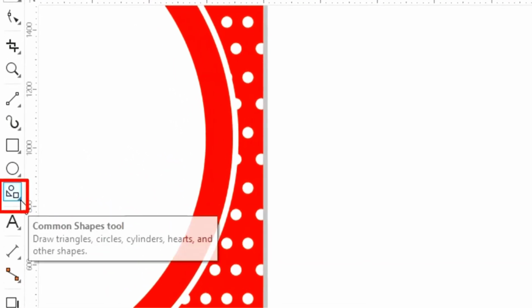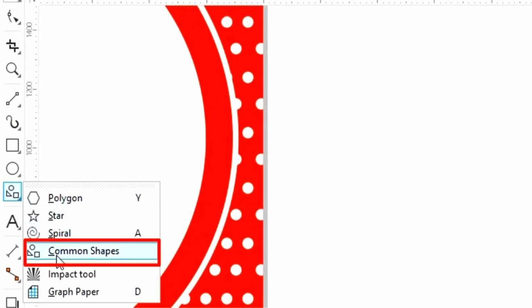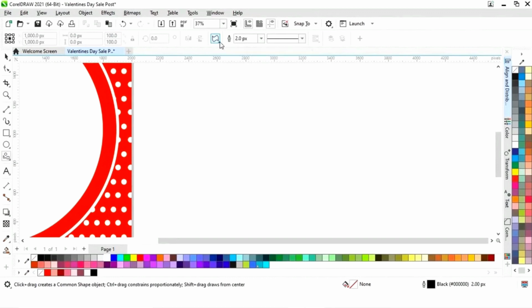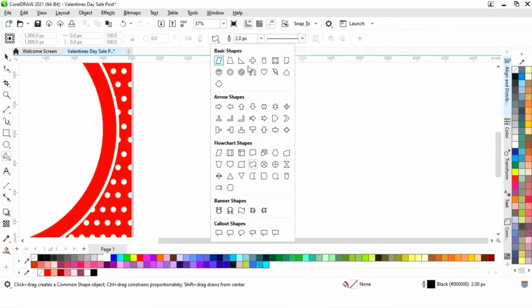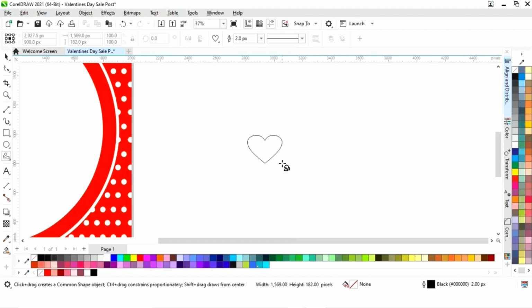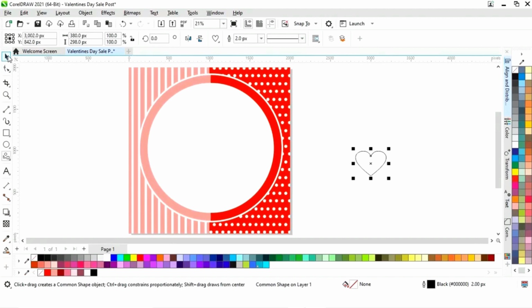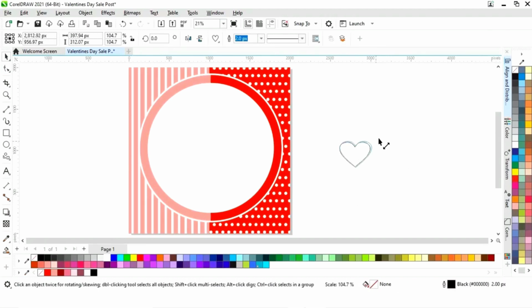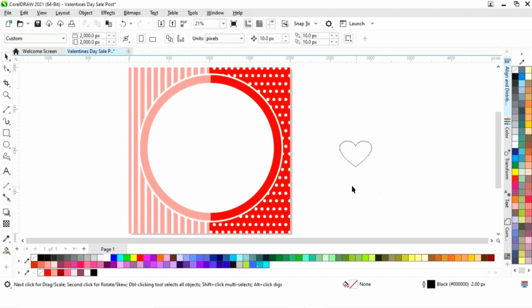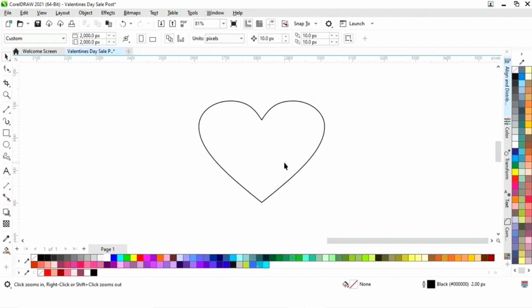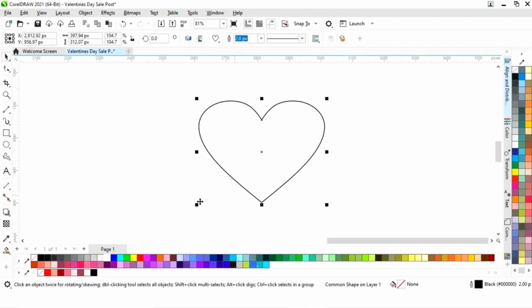Now we'll select the common shape from the toolbar and we will select heart shape. Now we will draw a heart. Now we will adjust the size. Now we'll select the heart shape